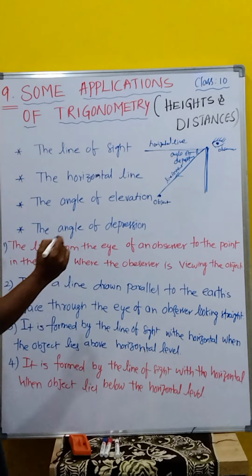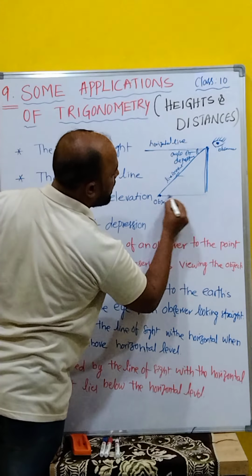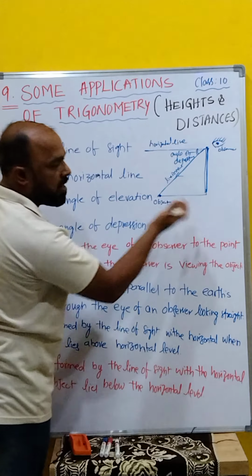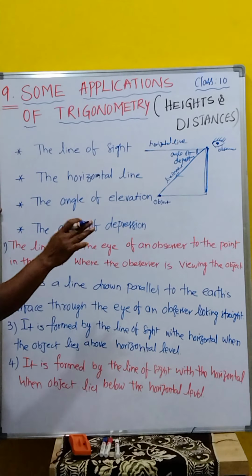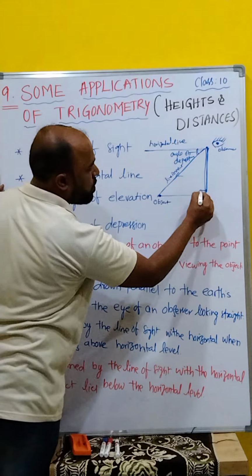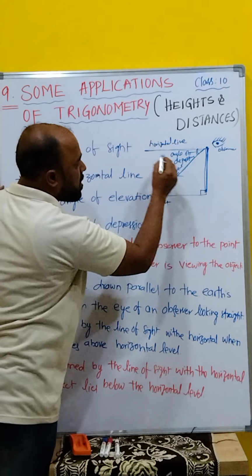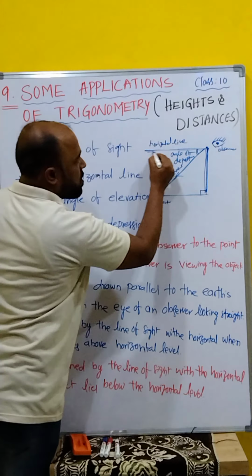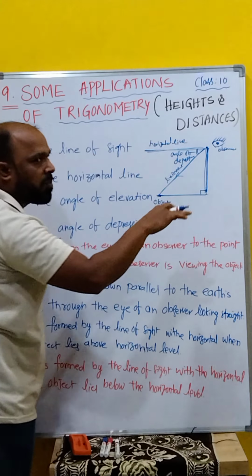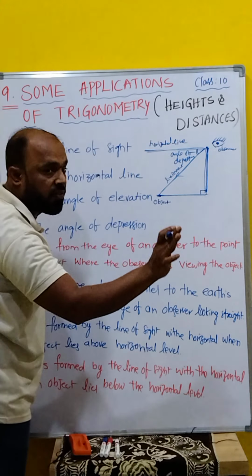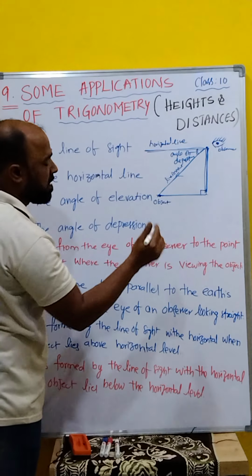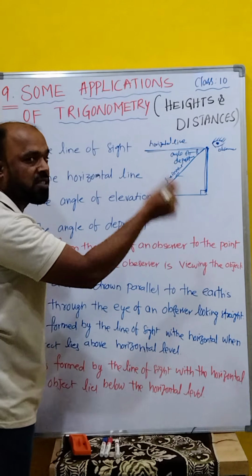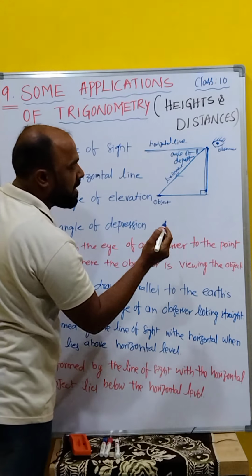But generally we select one more horizontal line. We have to assume again a right triangle. We know in trigonometry the main thing is that a right triangle is formed. Clear? According to this, these two lines are parallel. Yes, these two lines are parallel. When the angle of depression is there, this is the way we have to draw the figure. The figure is important in this. Without the figure, we can't solve it. The figure is the main thing. Clear, children?